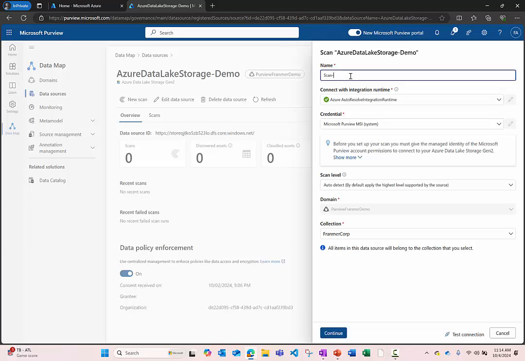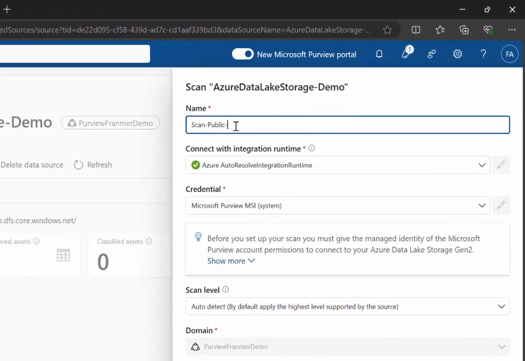When you scope a scan, my recommendation is to have a good naming convention, especially when you will have many scans. It will be easier for you to retrieve the scan if you would like to perform some maintenance or change in this scan. So here I would like to scan the public zone for concert, for instance.